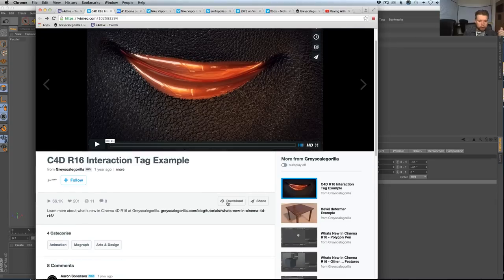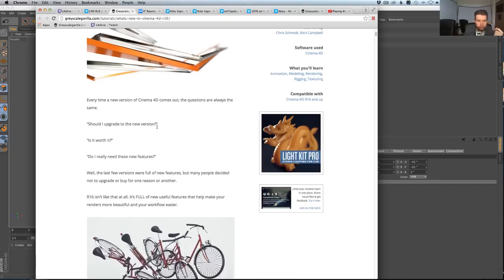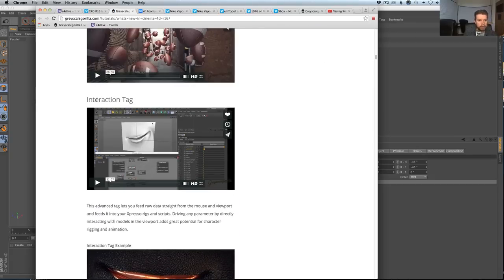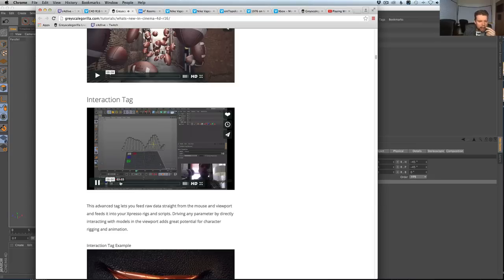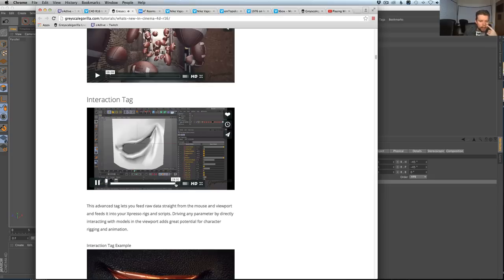Because on Grayscale Gorilla, which is going to be right here, I did a partial video that I think does explain how I made part of that, and that's going to be this video, the interaction tag. The thing is, you'll see that I already had this mouth made, and I already had all the poses made. So I already had this entire rig of controls. But if you're talking about the actual creation of the interaction tag, to the point where, as I get to the end here, you see I can just visually grab and start dragging.